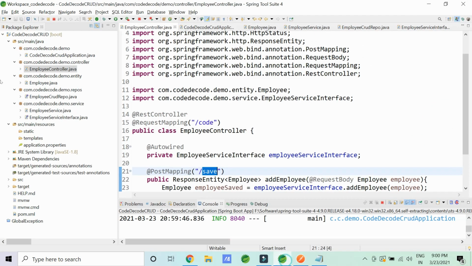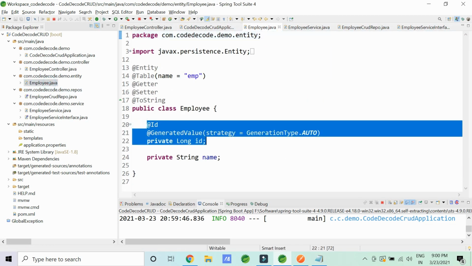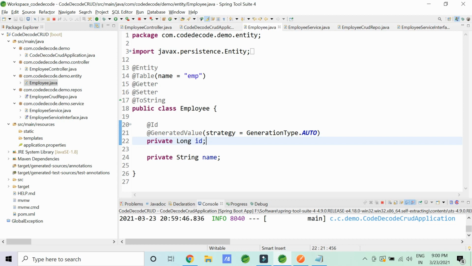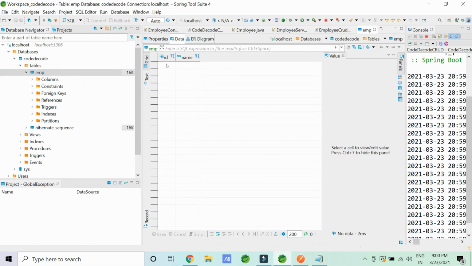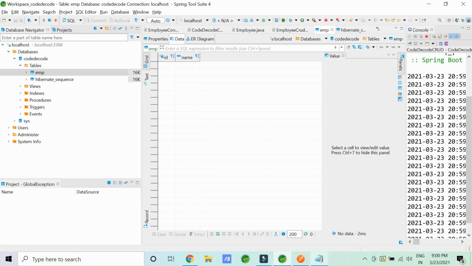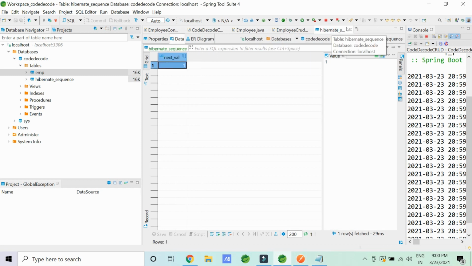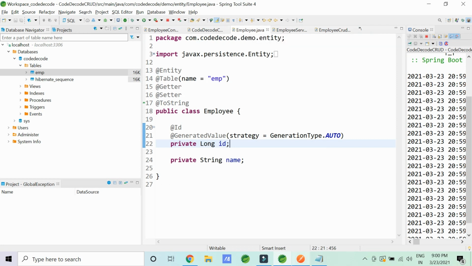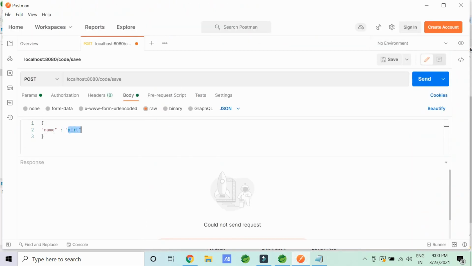Now remember, you have seen that in employee we have used a generated value of ID. So I don't have to put the ID explicitly in my database table employee. I should have one automatically generated using the Hibernate sequence. This Hibernate sequence is the one which is capable enough to handle all your newly generated IDs automatically. Whatever the value is here, you will see as the ID here. Let me tell you how, rather than just telling you theoretically. Let me show you how this happens. So here I am and my name is, suppose, code decode. Simple. I am expecting that its ID should be 1 auto generated and name should be code decode.